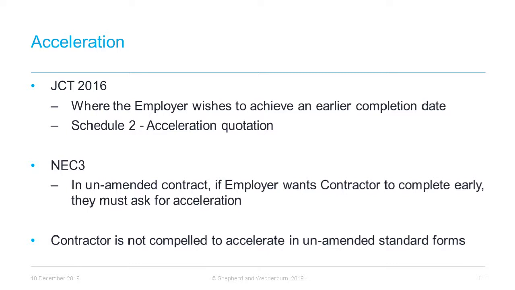In our experience, it is important not to accelerate until an acceleration quotation has been accepted. Contractors should be confident in saying no if they do not have the resources or the ability to accelerate. In particular, contractors should also decline to accelerate if there are other issues that are causing the delay, as this can result in issues quickly becoming intertwined and difficult to unravel. This brings us neatly on to a discussion of critical path analysis and concurrent delay.